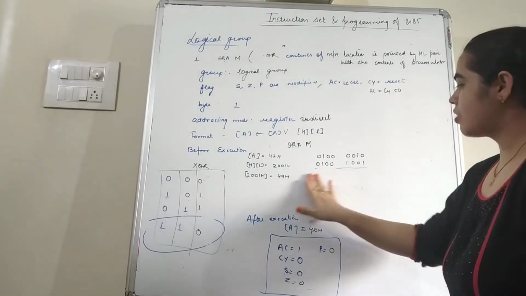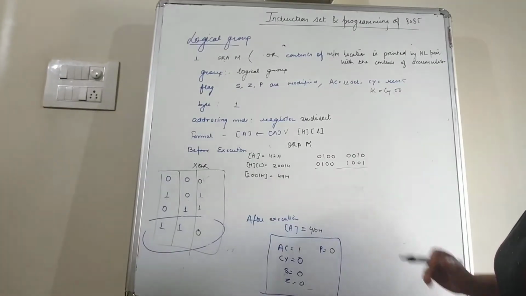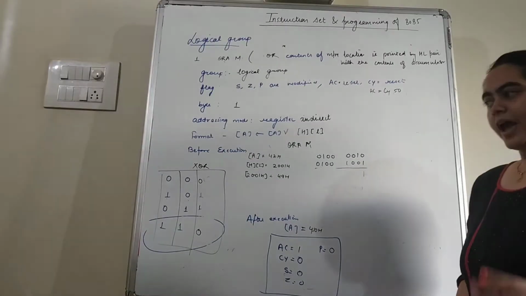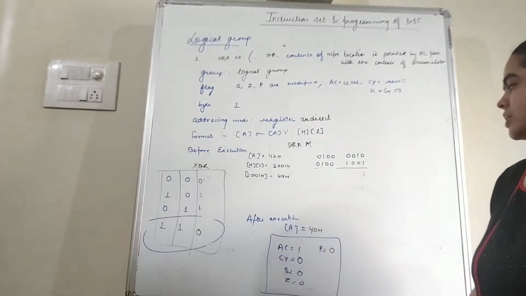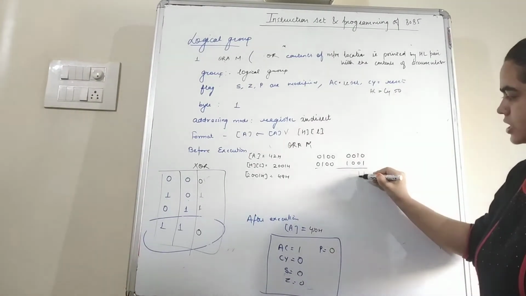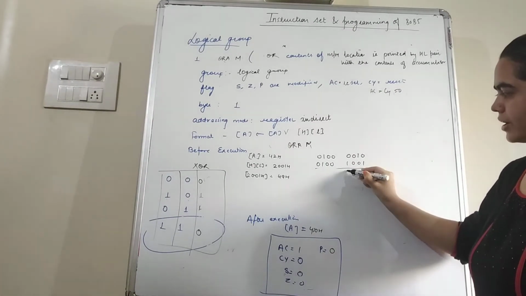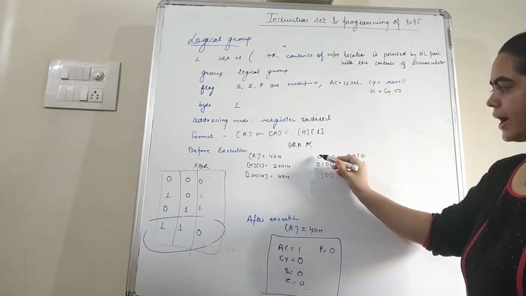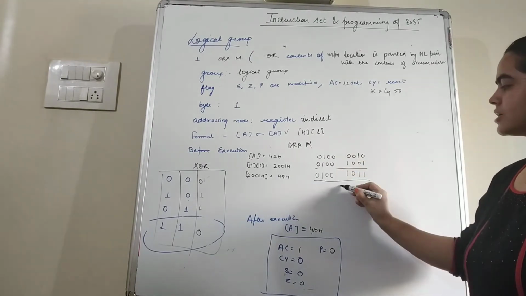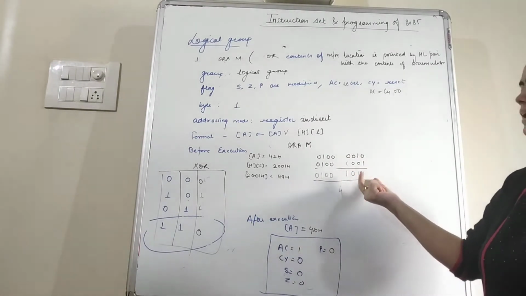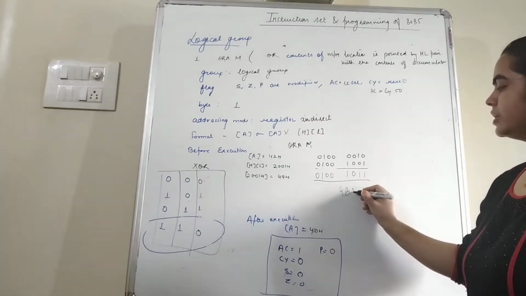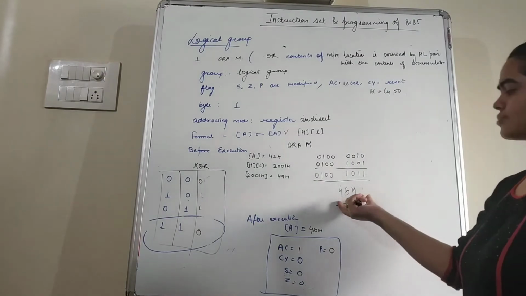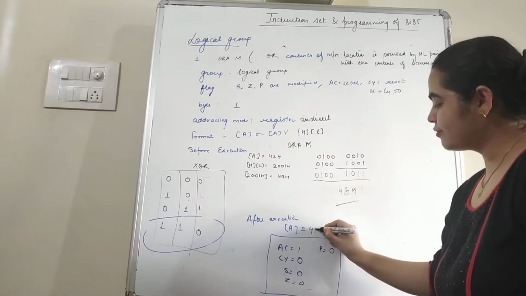So now we can OR the contents of accumulator and HL pair. So 0 and 1 is 1, because in case of OR, if any of the values in input is 1, then the result is 1. So here 1 and 0 is again 1, 0 and 0 is 0, 0 and 1 is 1, 0 and 0 is 0, 0 and 0 is 0, 1 and 1 is 1, and 0 and 0 is 0. So the final result is 4, and it is 8, 9, 10 and 11. So that means 4B. And so the OR of the contents of accumulator and HL pair is 4B.